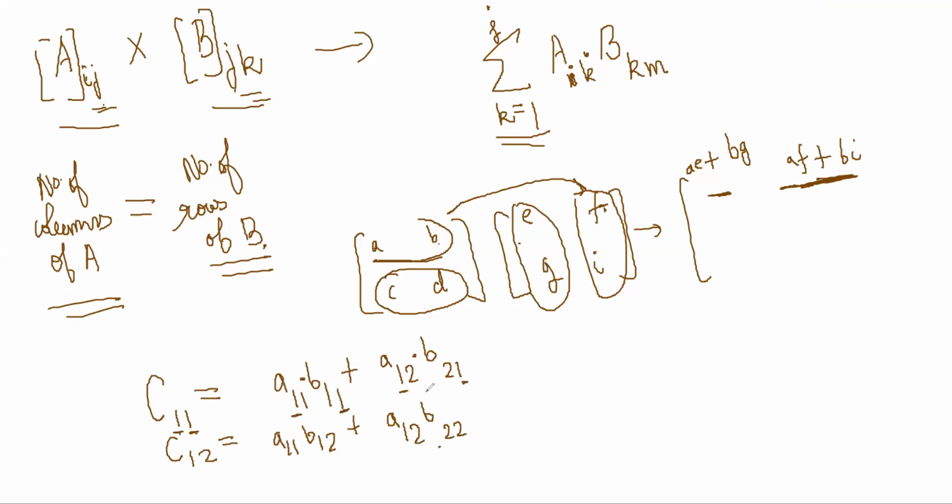So notice that whatever element you need here, I and J, that I and J remains, and the summation is over the intermediate variable, right? Whatever you need at the end, 1, 2. See, 1 and 2 outermost are still the same, and this is varying, right? You understand? So now I can write the rule. Cij will be equal to the summation of Aik, Bkj, right? And k goes from 1 to j, right? Correct.